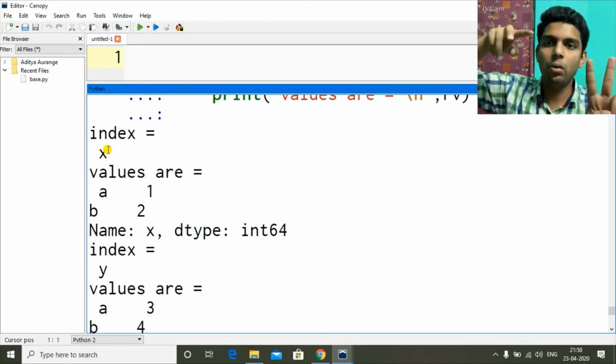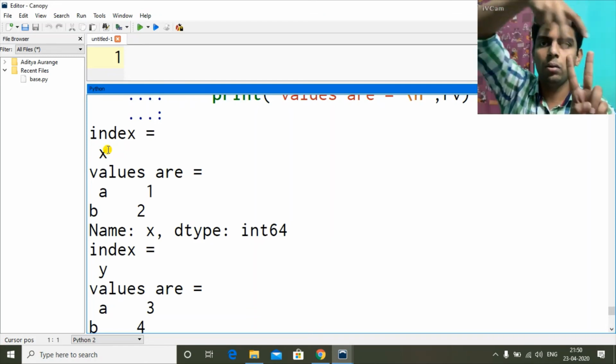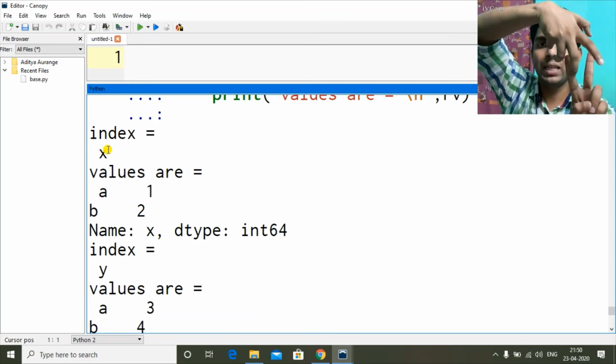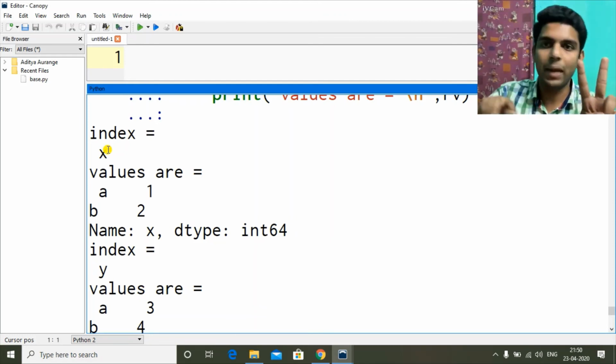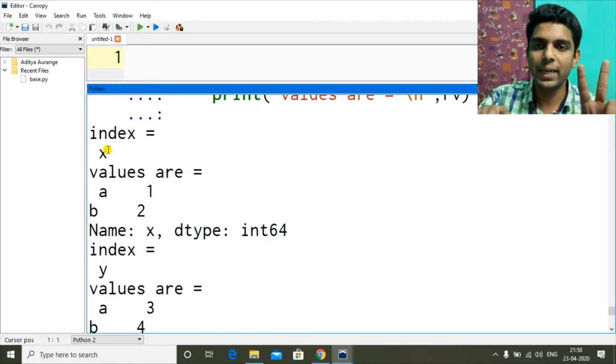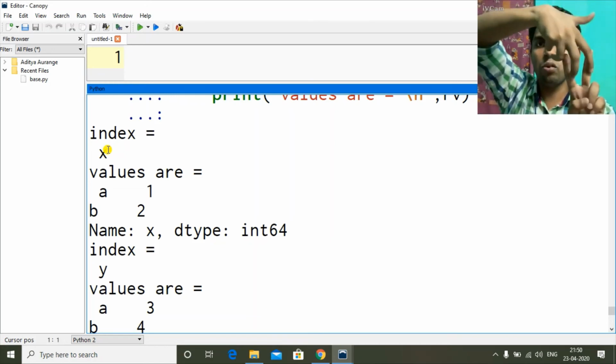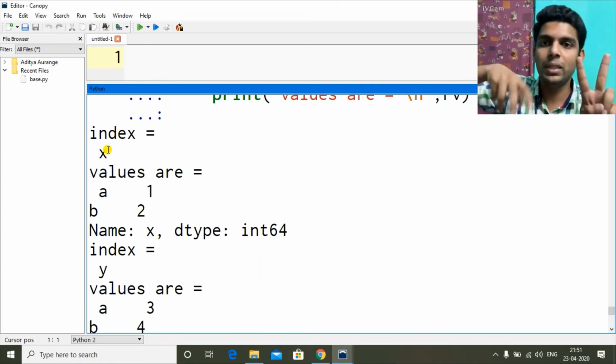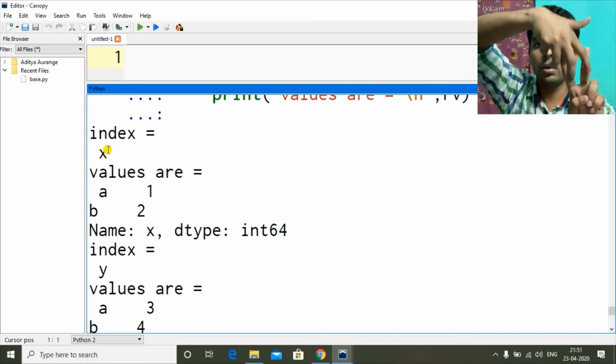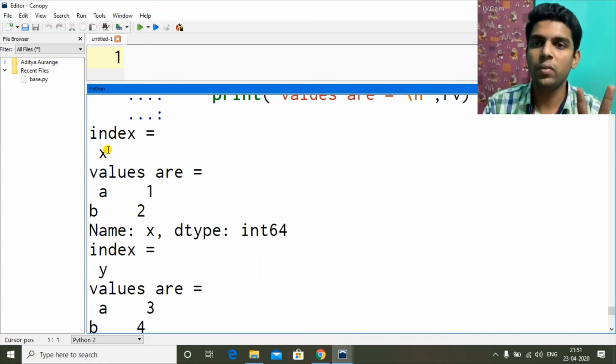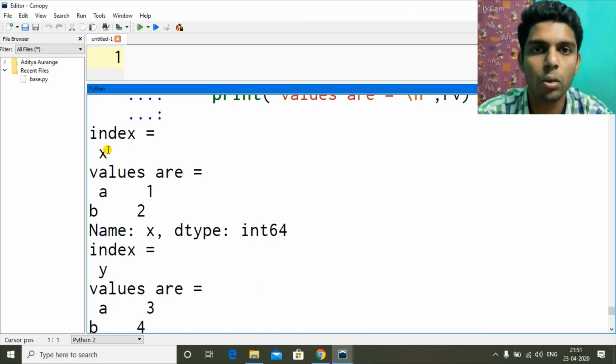It came out and then took the next row index and next row values, went inside and printed the data. If we have more values, it will keep doing this until we are done with all the values given by the iter rows.